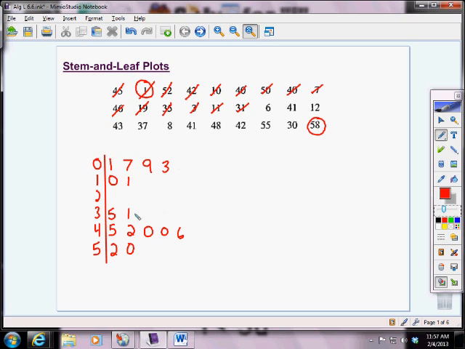When I write my 31 down or my 1 down, I can cross out the 31. 6 right now is going to go right here. 41 is going to come here. 37, 8, 41, 48, 42, and you can see from our stem and leaf plot